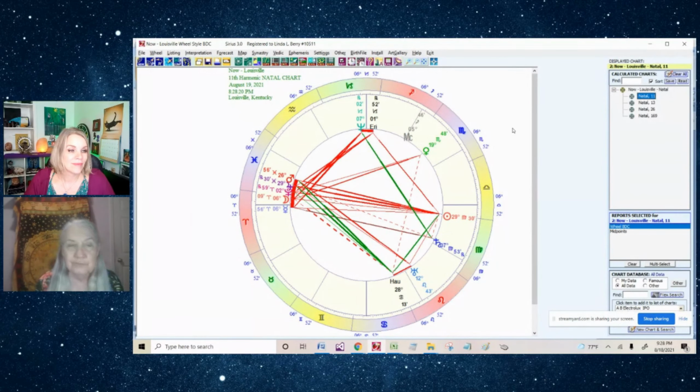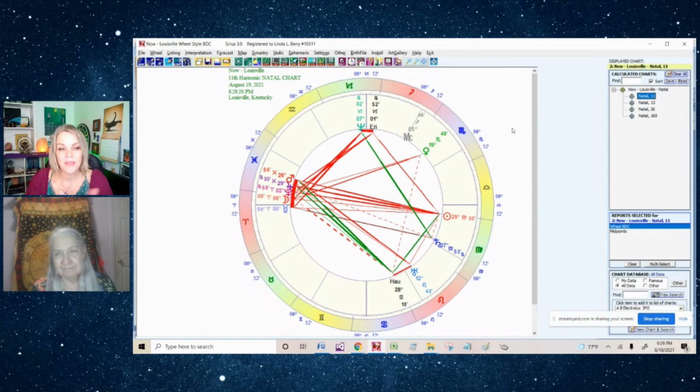Now, there are two vibrations that are extremely emphasized at the time of this opposition that are going to carry as part of the Jupiter energy over the next months. Right. Before you get into that, how about we talk a little bit about the 11th vibration? I know we've talked about it before in other videos, but it's always good to talk about.